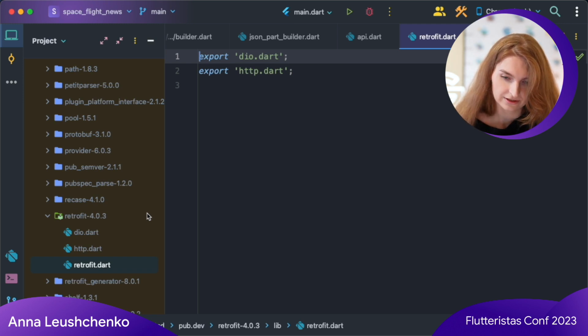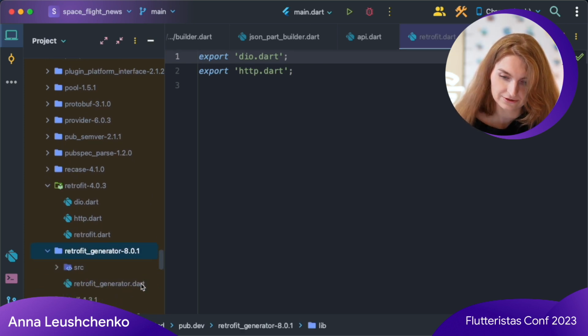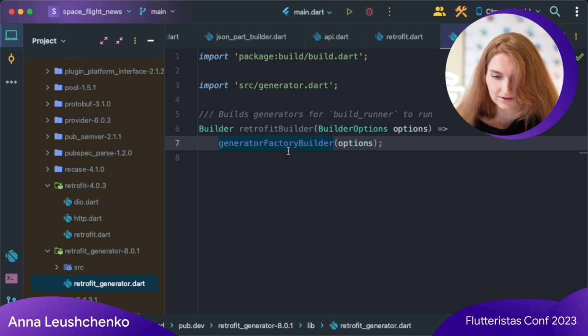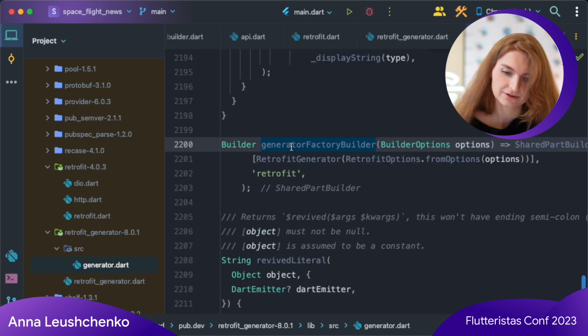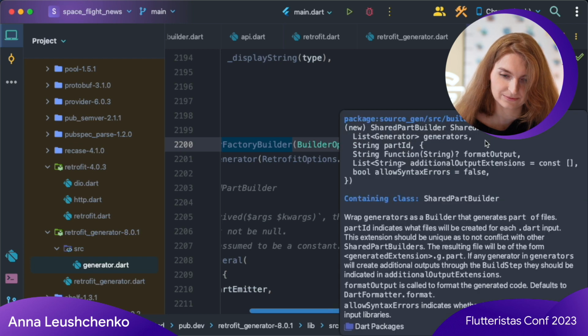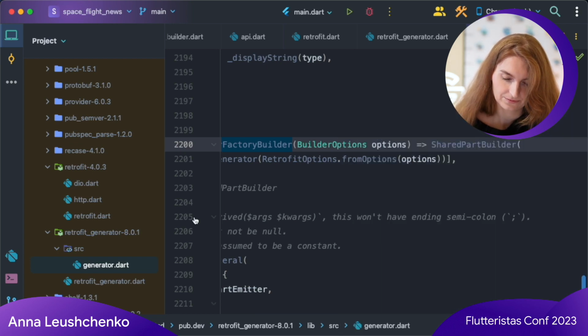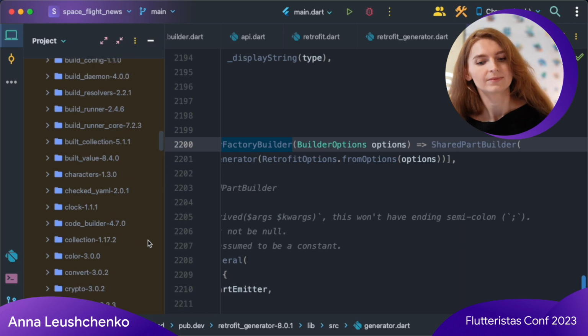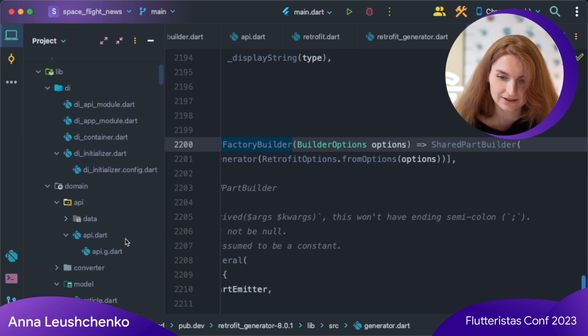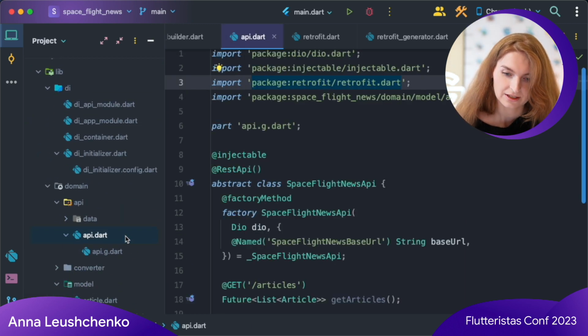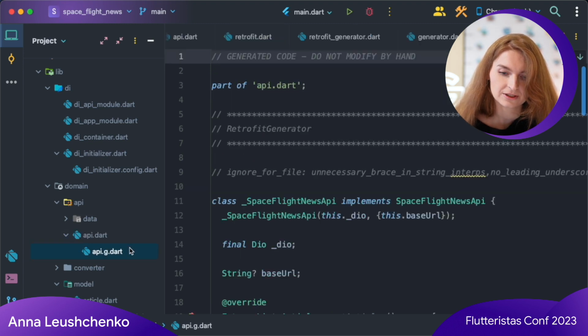The Retrofit package is a container for annotations and public APIs, and Retrofit generator contains a builder that uses a shared part builder, same as JSON serializable does. So if this file here contained both a Retrofit class and a JSON serializable class, both of those packages would be able to successfully generate their code in a single .g.dart file without overriding each other's outputs.